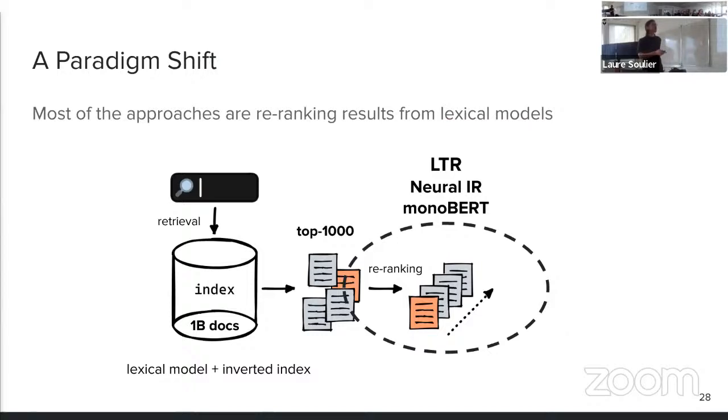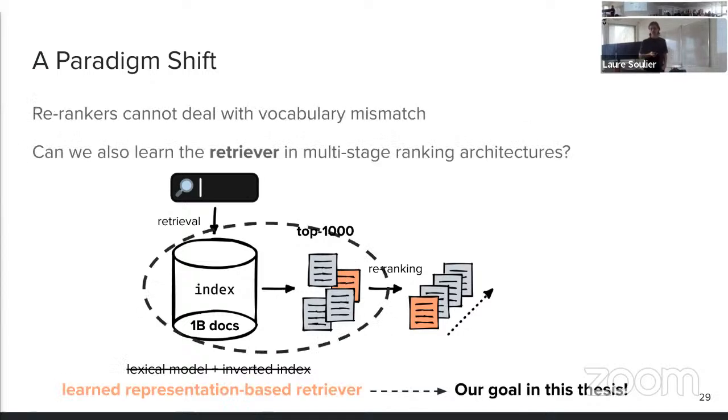Models like monoBERT, but also learning to rank or neural IR models, are usually very costly, and they can only be applied to reorder a small set of documents that used to be selected by keyword-based approaches. As such, they cannot really deal with the vocabulary mismatch problem.